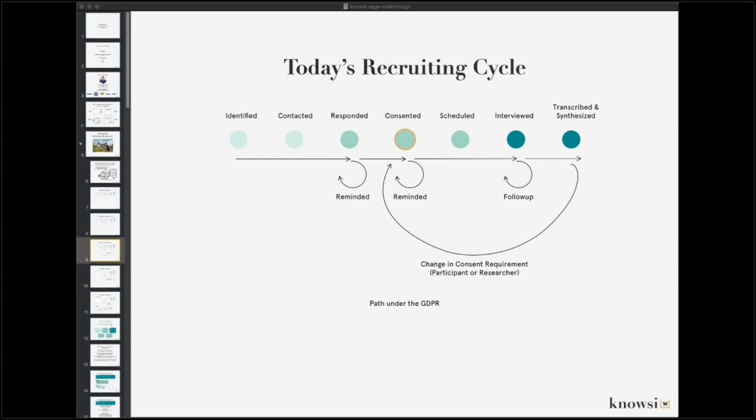For example, under the GDPR, one of the components is that consent needs to be as easily withdrawn as it is provided. So making sure that the administration mechanisms are in place within your team and within your actual consent process itself to withdraw that consent if the participant so wishes is a very central thing.